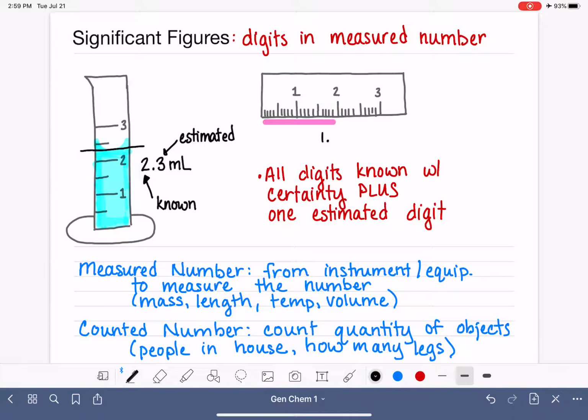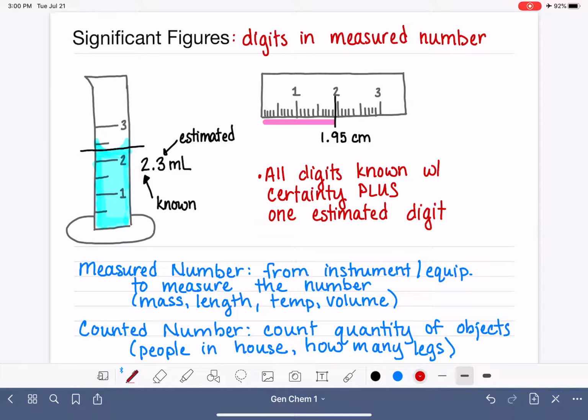Let me draw a line here. I made a really curvy line there. We know for sure, we're certain that this pink line that I made is somewhere in between 1.9 and 2 centimeters in length. So I know that it's at least 1.9 centimeters. Both of those are digits that I know with certainty. And now I'm going to estimate where that line falls in between the 1.9 and 2.0 position. It looks like it's about halfway, so I'm going to say that this is